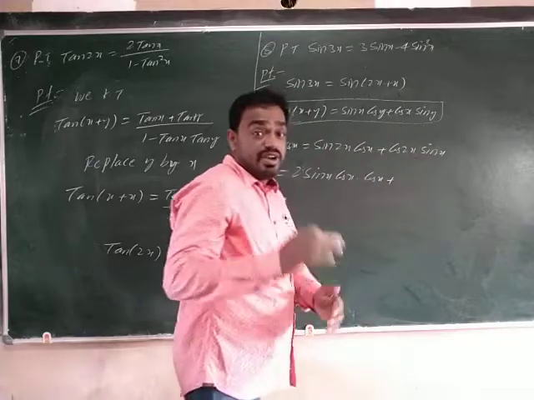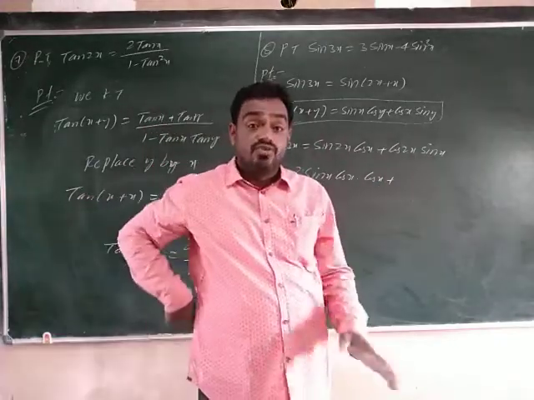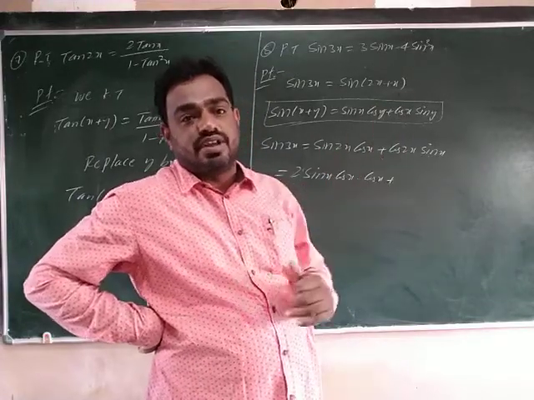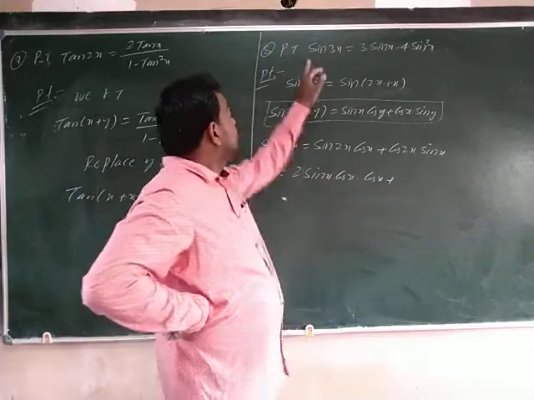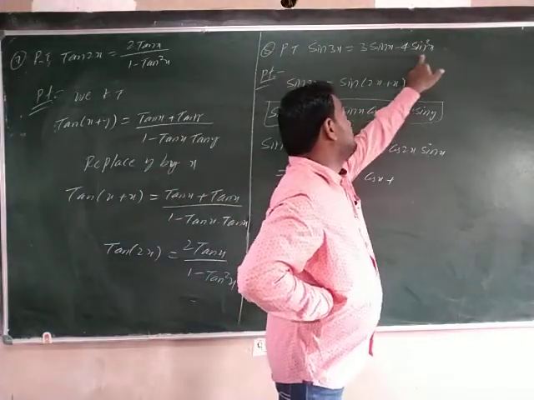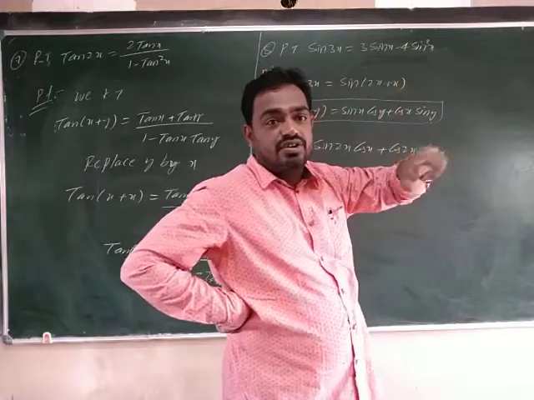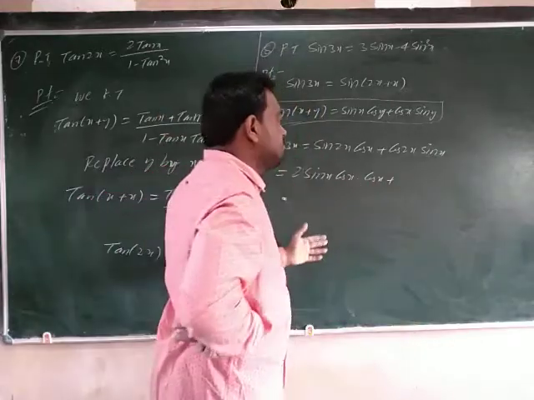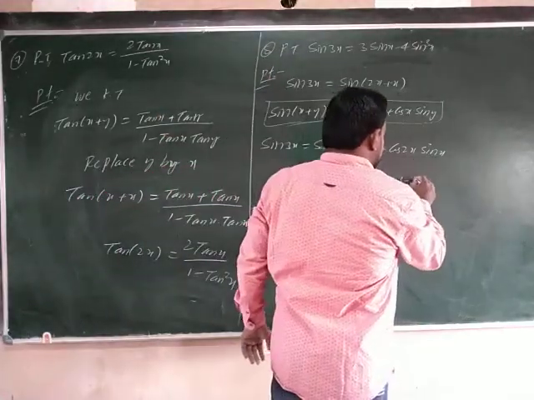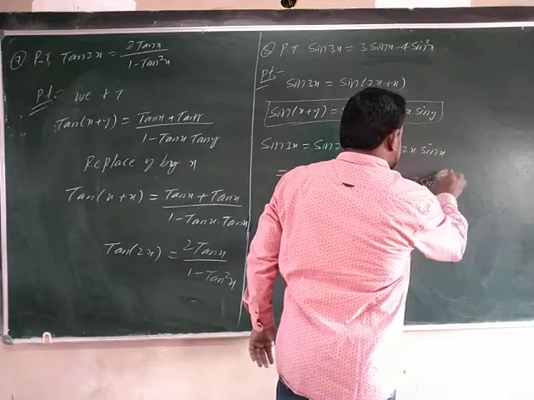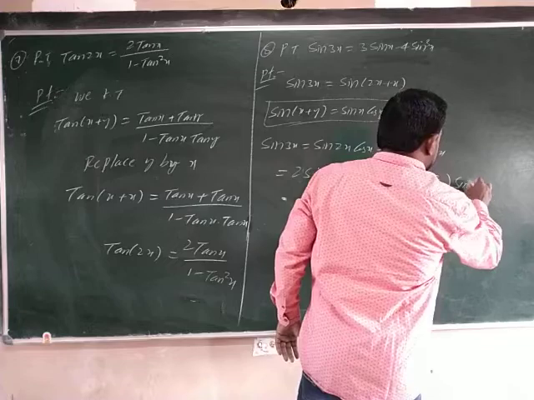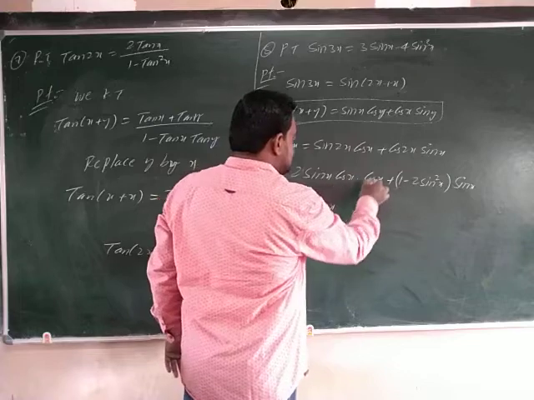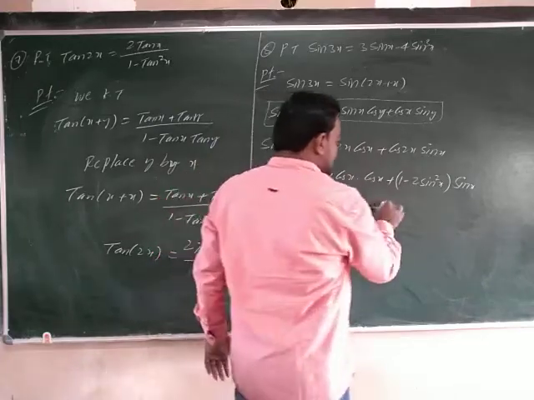Cos 2x formula, we have a total of 4 formulas. In that I am using here cos 2x is equal to 1 minus 2 sin square x. Why am I using this one? Because the expression should be in terms of sin only. So I am substituting cos 2x is equal to 1 minus 2 sin square x into sin x. This is equal to 2 into sin x cos x into cos x, cos square x, plus 1 into sin x